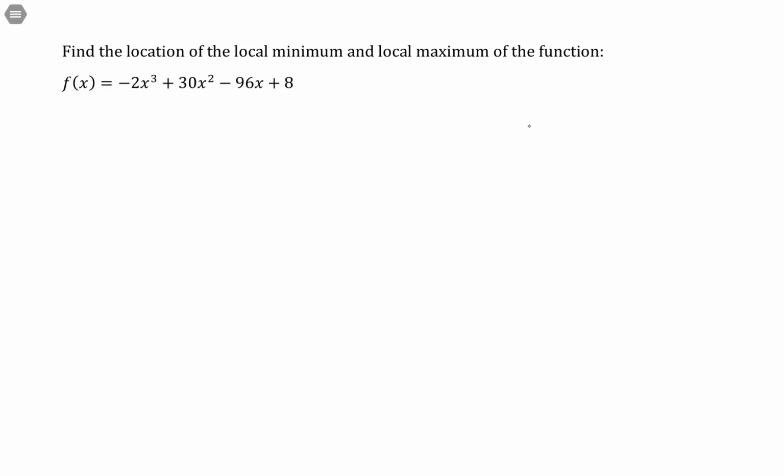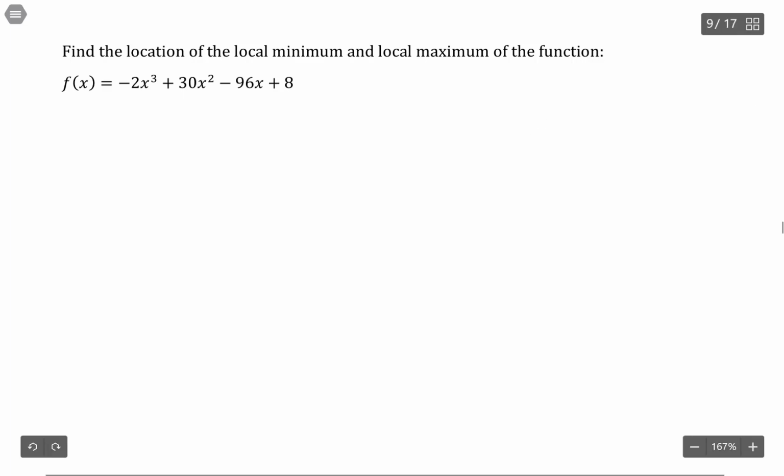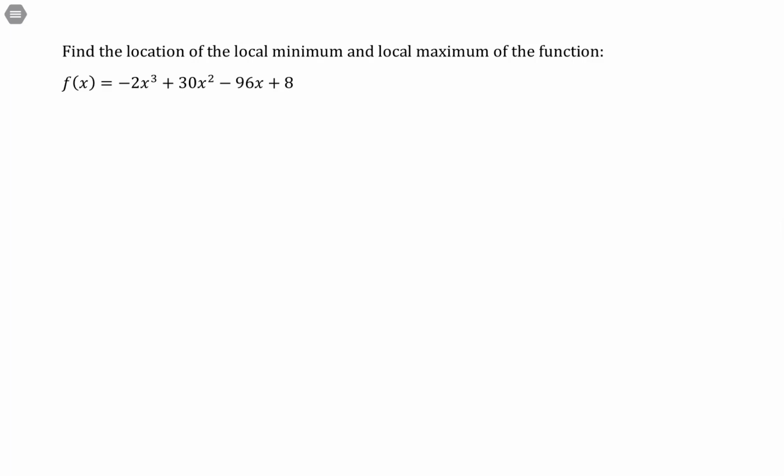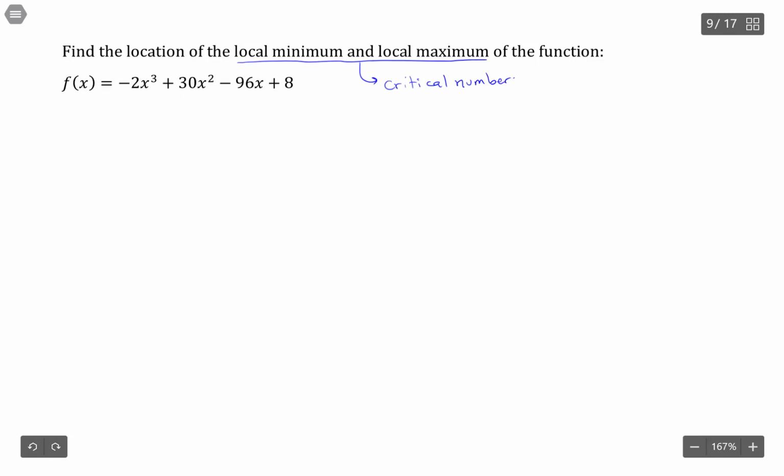Find the location of the local minimum and local maximum of the function f of x equals negative 2x cubed plus 30x squared minus 96x plus 8. Okay, so local minimums and local maximums occur whenever we have critical numbers, or I should say they can occur at these points. So critical numbers or critical values,